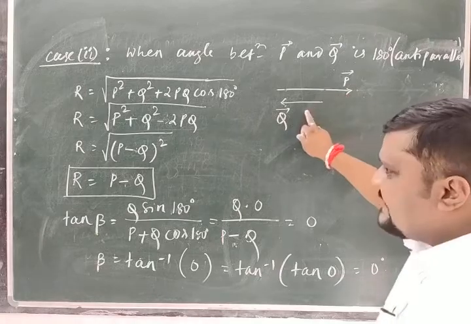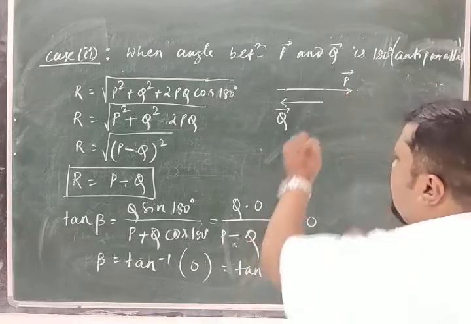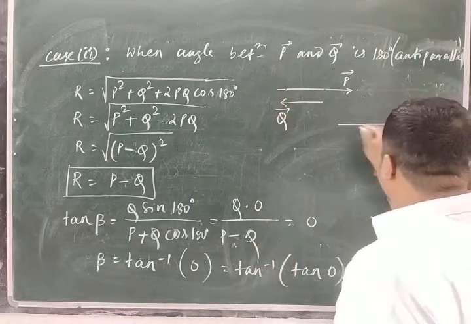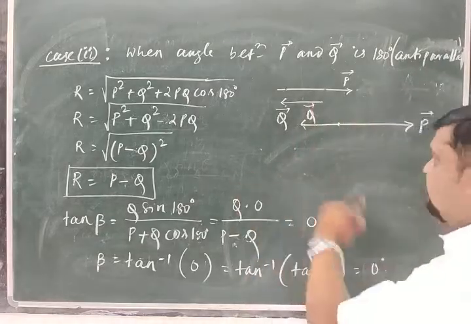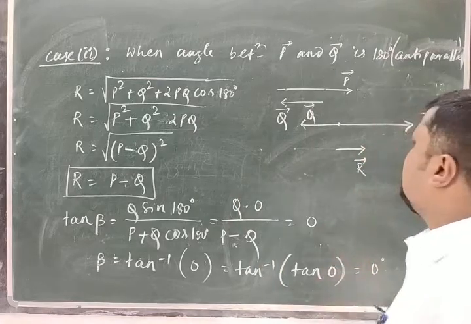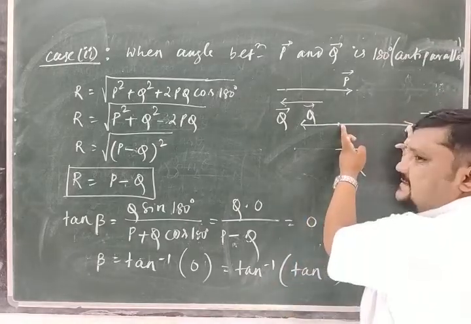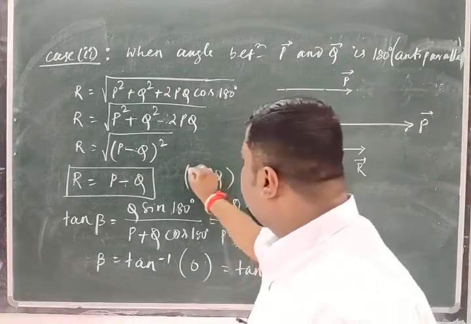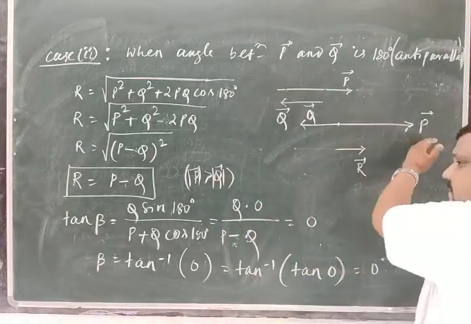So if P and Q are like this, then when you calculate the resultant, remember this thing. By parallel shifting, I will take this one, so this vector is P and this is your Q. This is vector Q. The resultant is P minus Q. The condition is that this resultant R, which is equal to P minus Q, is larger here. So P is larger than Q. So we can say magnitude of P, or mod of P, is greater than mod of Q, so the resultant will be along the direction of P.